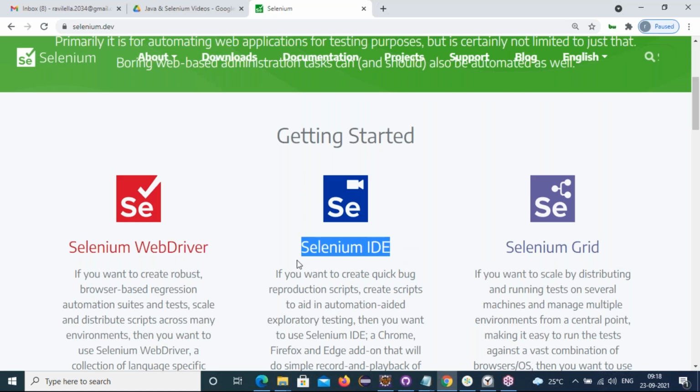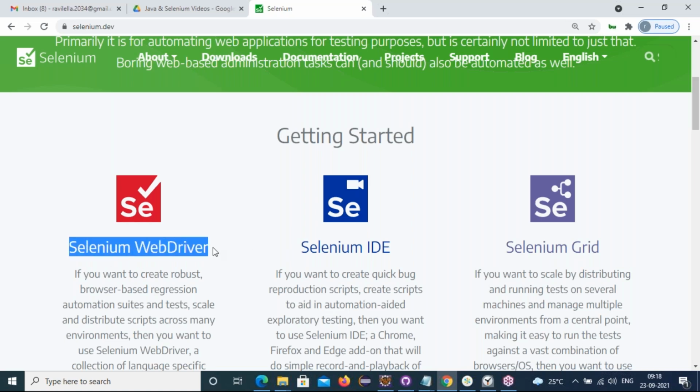Next, if you want to do 100% automation and execute in all the browsers, we go with Selenium WebDriver. If you are working with WebDriver, we have to know some programming like Java, C#, Ruby or Python. Any language binding is required.